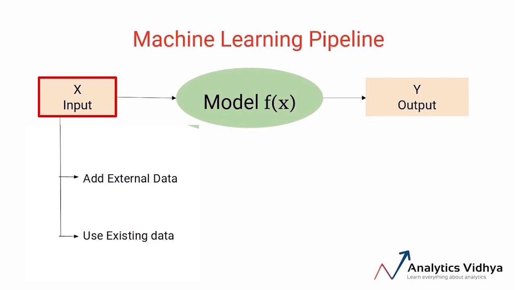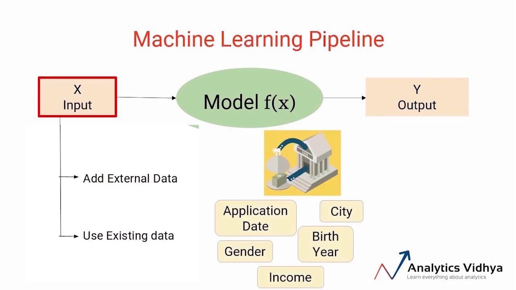Here I'm saying that we can generate more information or signal using the existing features to predict the relationship between independent variables and the dependent variable. Suppose you want to predict whether a customer will be able to pay a loan or not. And we have the details of the customer like the birth year, gender, salary, income, etc. So let's take application date and birth year. These two features can help us generate the age of the customer.